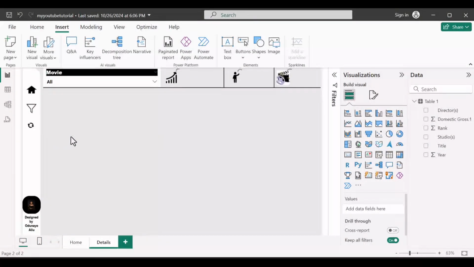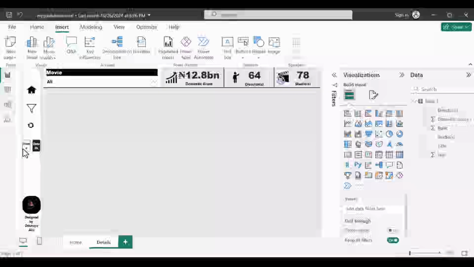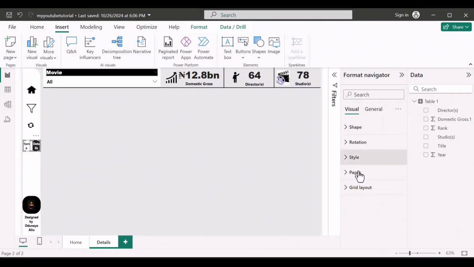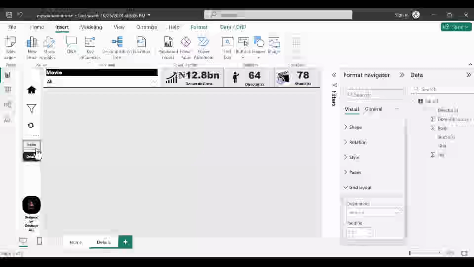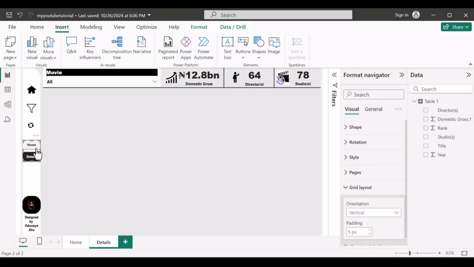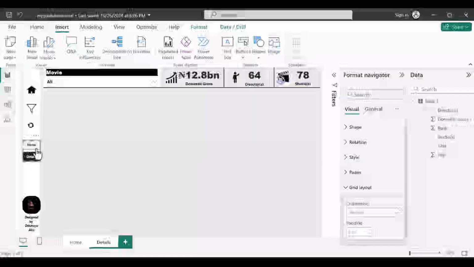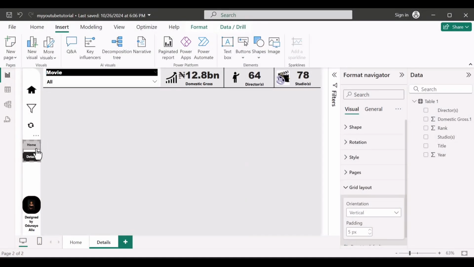That's the joy of interactive dashboards. So yeah, it's still the same. So come here as well to change the grid layer from horizontal to vertical and do the exact same thing to it like we did on the first page. So we control click on home. It takes us back to our home page and then we'll just add the title of our dashboard